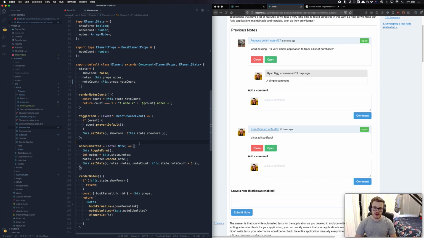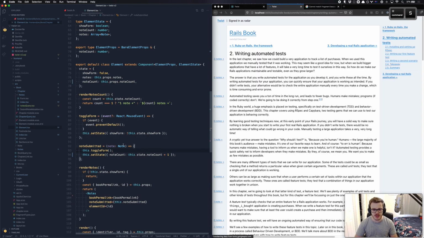Okay. So this note submitted thing, we do just want to increment the note count. We don't care about the notes itself. We do want to toggle the form, I'm guessing, although the toggle form could probably be on that notes component. Well, toggle form needs to happen because we kind of want to have that